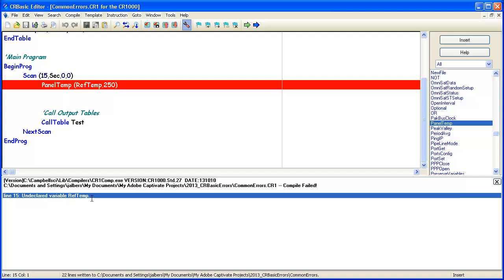Variables must be declared before they can be used. If a variable has been declared and a typographical error was made, you can right-click on the mistyped variable and select the correct one. Compile again to ensure the error has been corrected. And it has. Remember, declare your variables first when possible, then use your right mouse click, F9 or F10 to insert it. This will save typing errors.